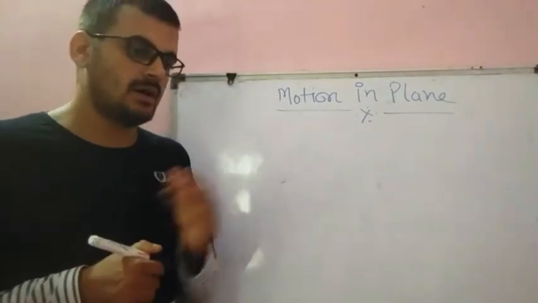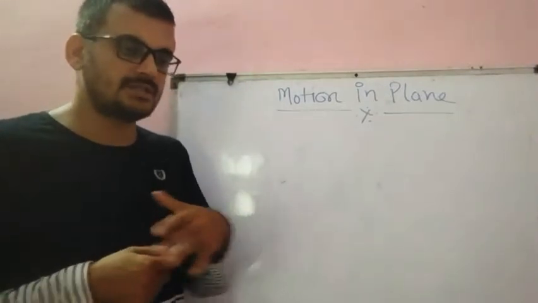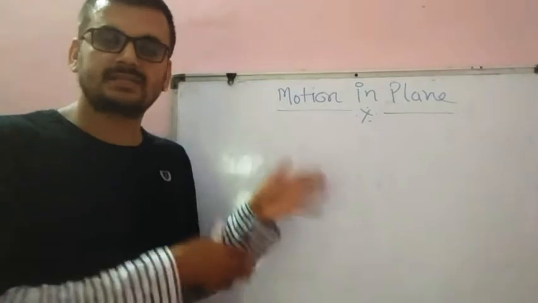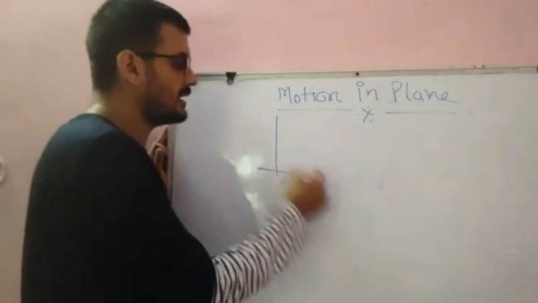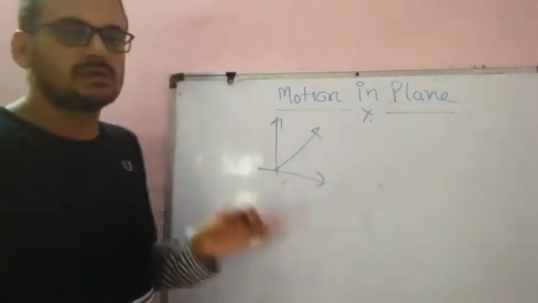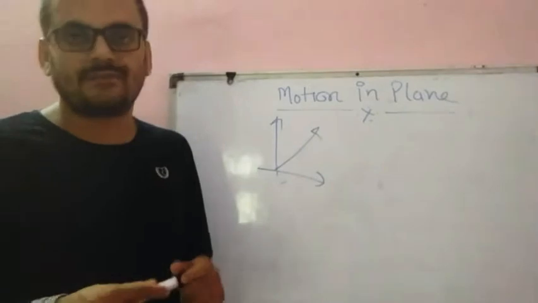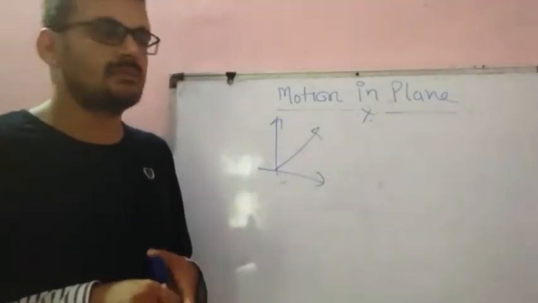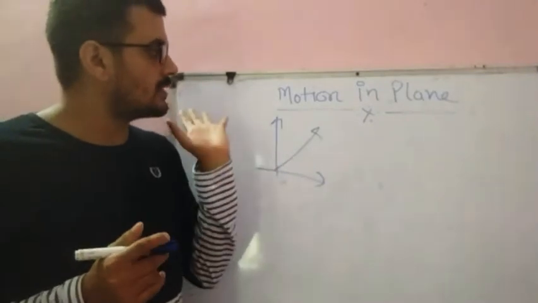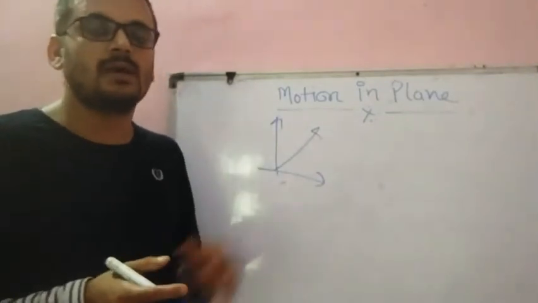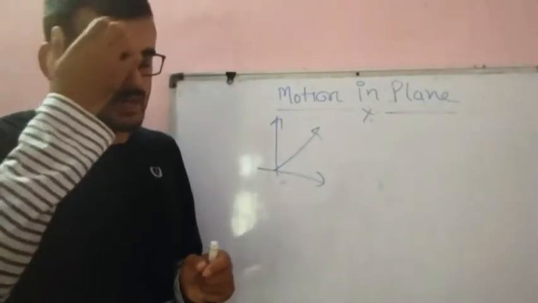Then we will also study the resultant of vectors, meaning addition and subtraction. Then if two vectors are perpendicular, what will be their resultant? So we have to discuss all these topics in this chapter. A very interesting and very easy chapter, because we already know so many things about vectors. We have already discussed this in class 9th. So student, let's start.